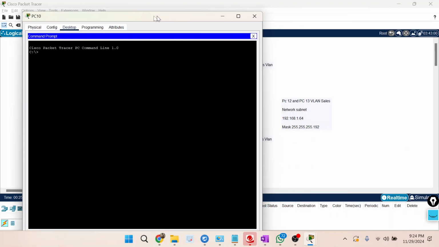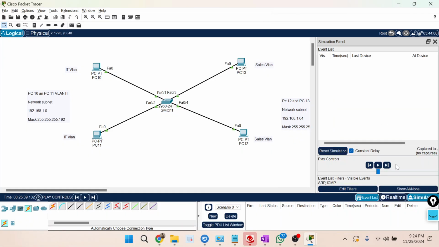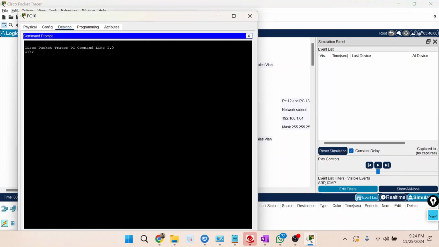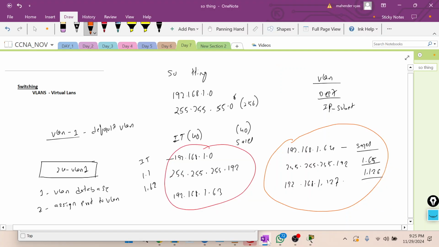Before that, let me do simulation again. Edit filters. ARP and ICMP we have. I'll do PC1 to PC2. I am pinging only from one IT VLAN to IT VLAN only. We have two PCs here.